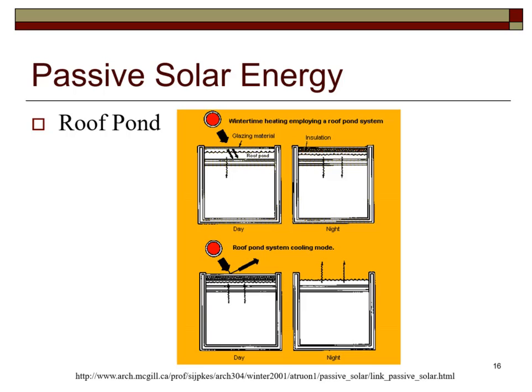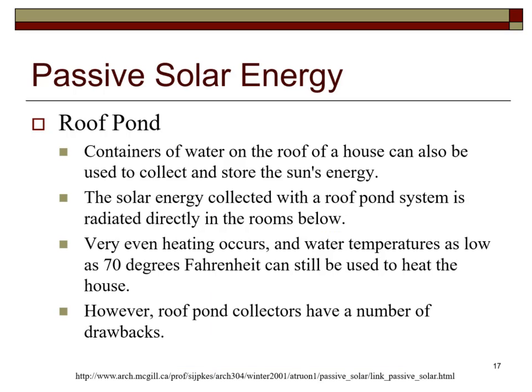roof pond collectors have a number of drawbacks. As the sun is low on the horizon during winter, the daily insolation on a horizontal surface is least when it is most needed. Therefore, roof pond collectors are much better suited to lower latitudes, those between 35 degrees south